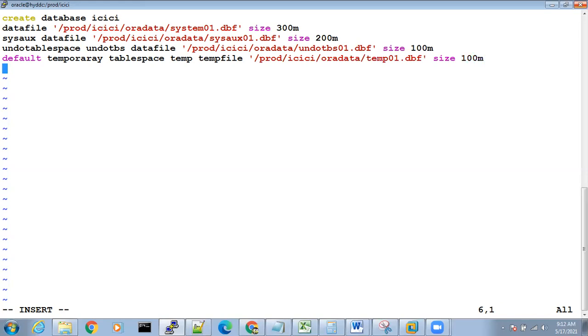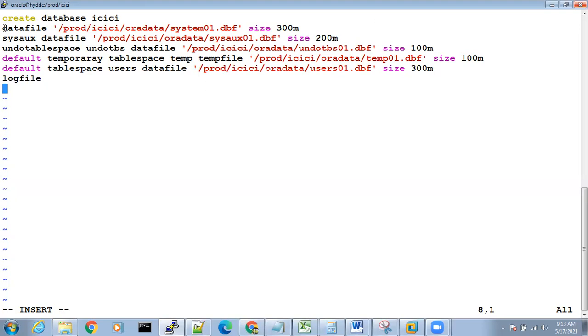Next, DEFAULT TABLESPACE users DATAFILE '/prod/ICICI/Ora data/users01.dbf' SIZE 100M, or you can give 300M. Next, log file.